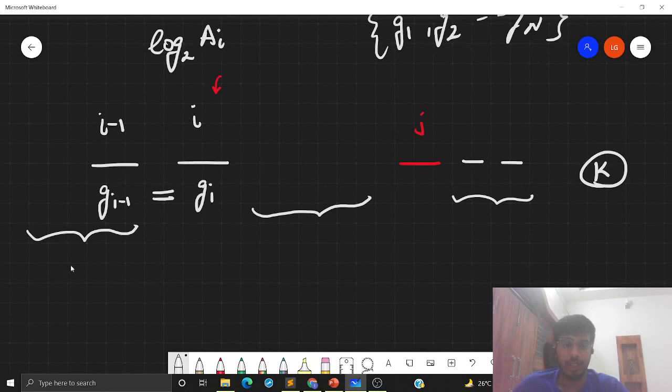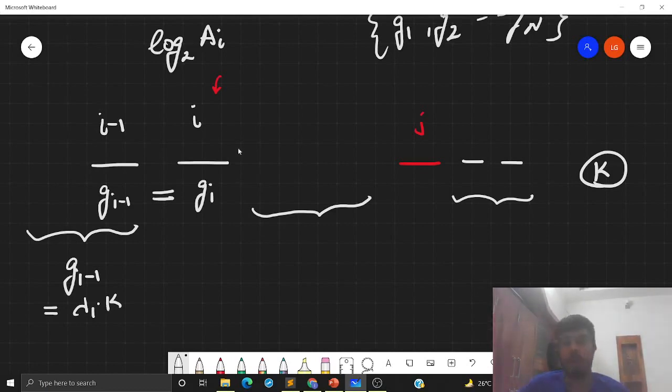So this means that g(i minus 1), which is the prefix GCD of the first i minus 1 elements, is a multiple of k, because to calculate k, I take the GCD of g(i minus 1) with some other values.